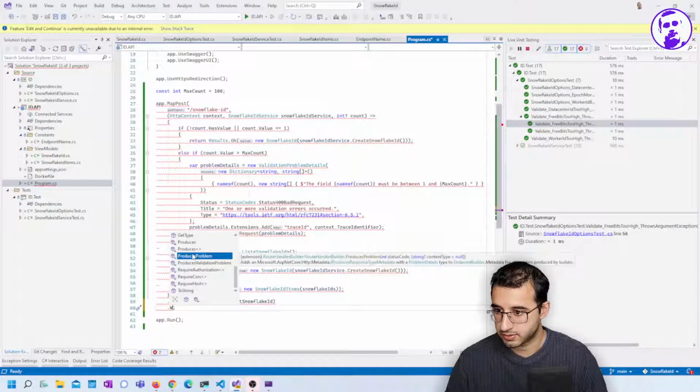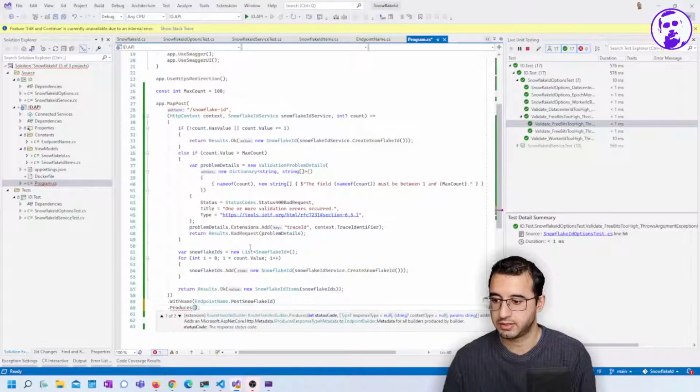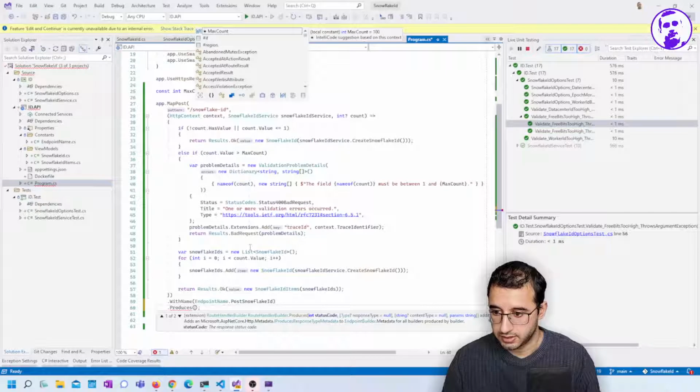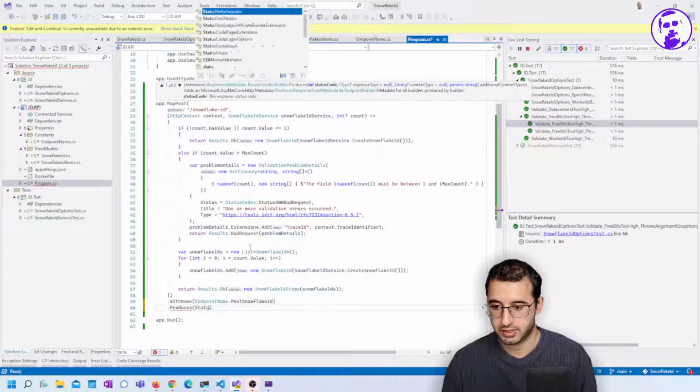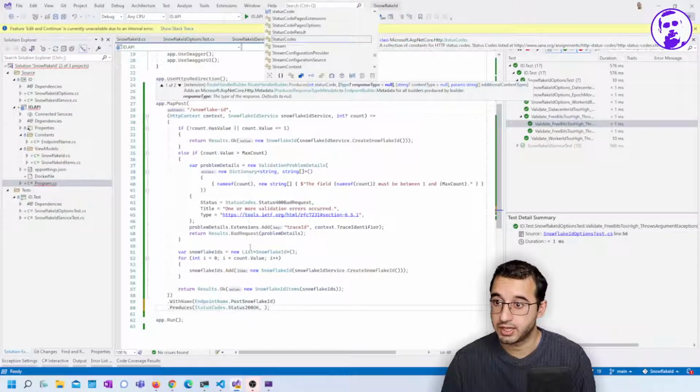Produces. We could provide some extra metadata. So we produces status codes dot 200. So we could provide a 200 OK, and in that case,